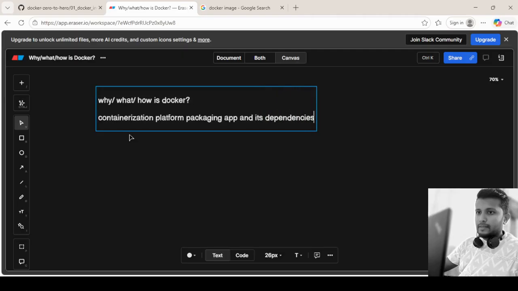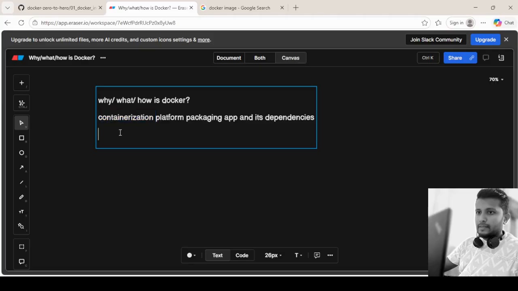For example, if we are setting up the Facebook application, it would be the Facebook application and its dependencies, which might be other software or tools required for the Facebook application to run. All of that is put together in one tarball, and we run that application in a containerization platform. We'll see what containerization is in a while.